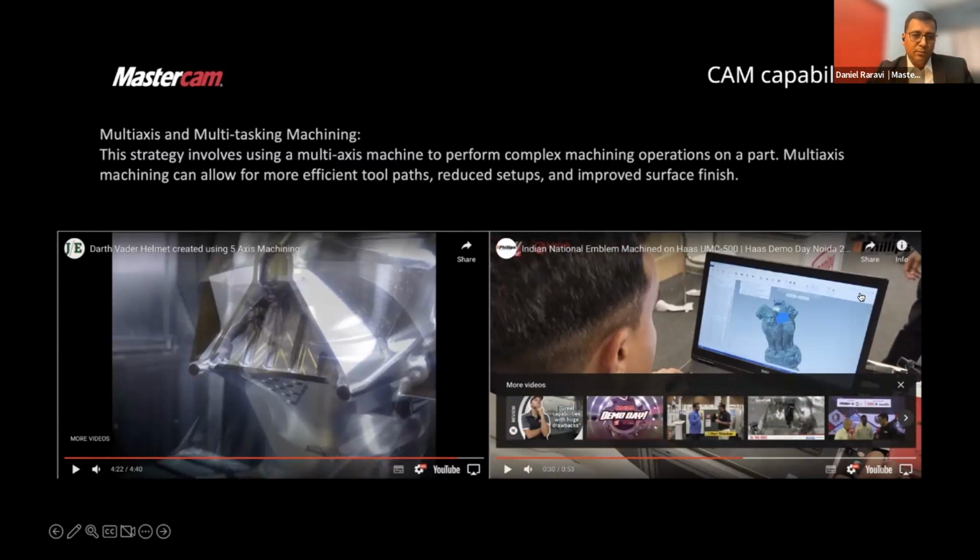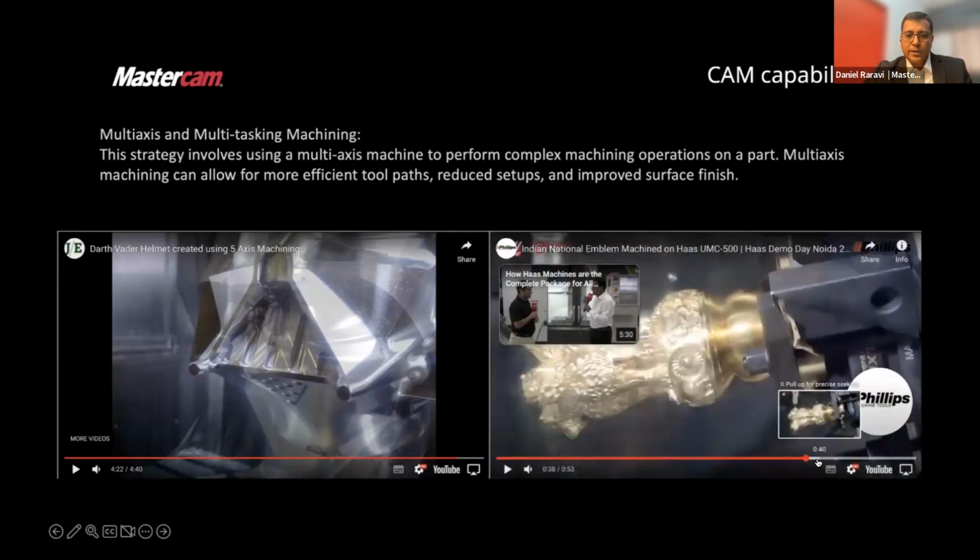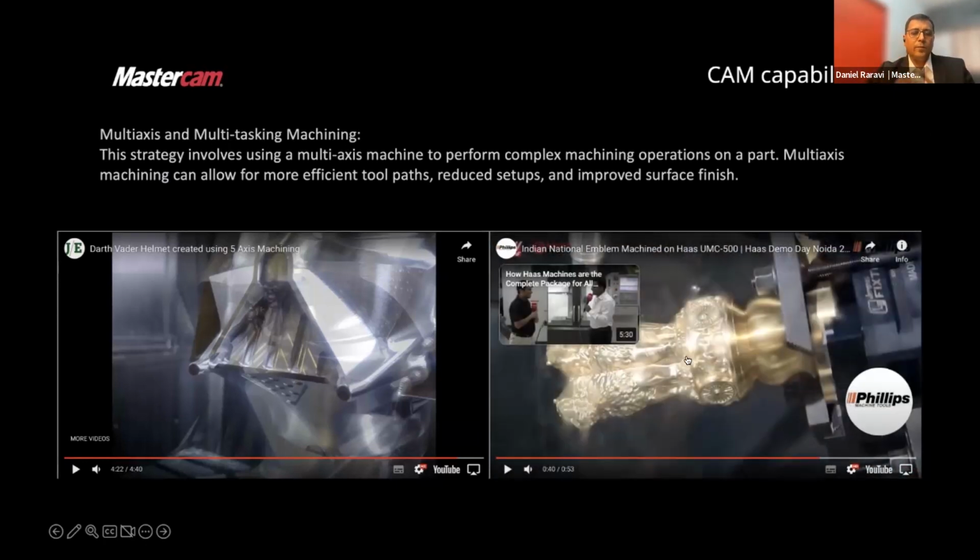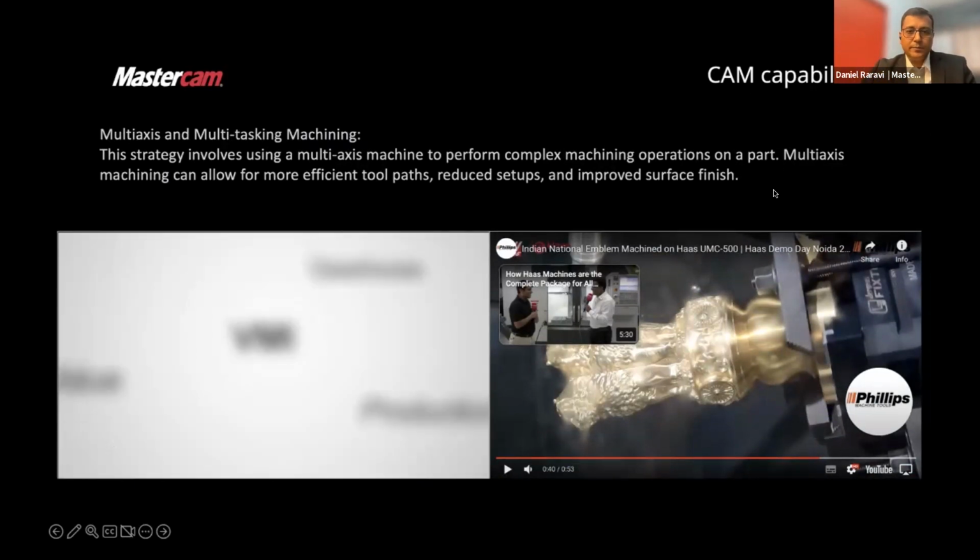So it's a polygon mesh model which was used to generate tool paths, and the kind of surface finish and the quality of the output possible because of new age machines, new age CNC controllers, as well as the strategies that allow you to have a reference within the CAD model. It can be a line, it can be a surface, and then using the exterior of the polygon mesh model to complete the features. Again, a quality of CAM for advanced manufacturing.